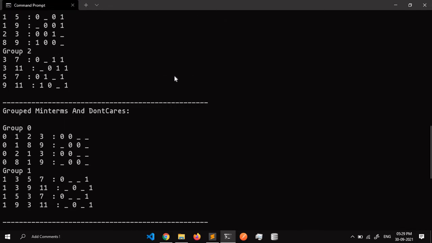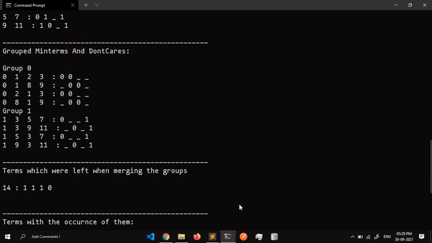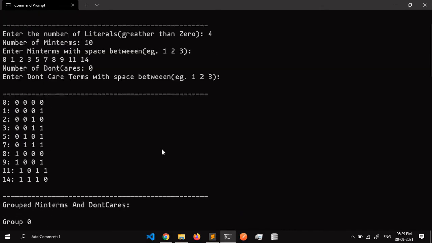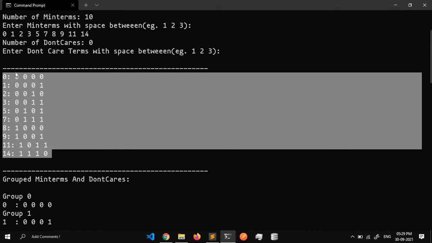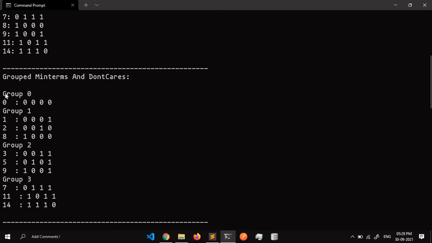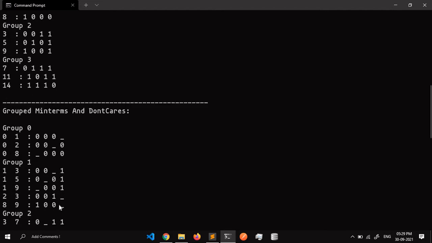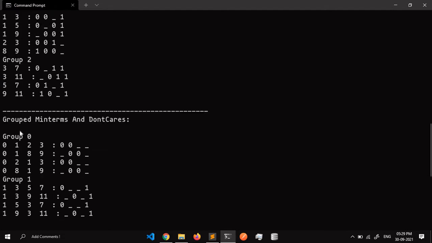After running it, you can see that it gives the final, minimized Boolean expression. But more important is that it also gives a step by step solution. First it gives all the minterms and their respective binary codes. After that it gives the first group representation so that you can see which terms are in which group, and then it merges them and gives the second step, or the second group. After that it will merge until it finds that no merging is possible.